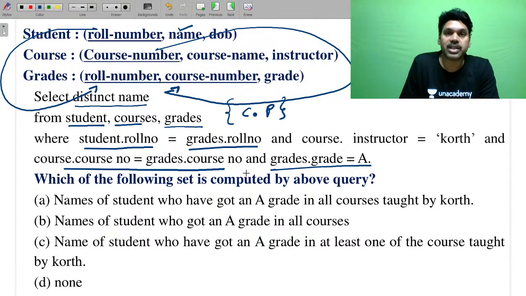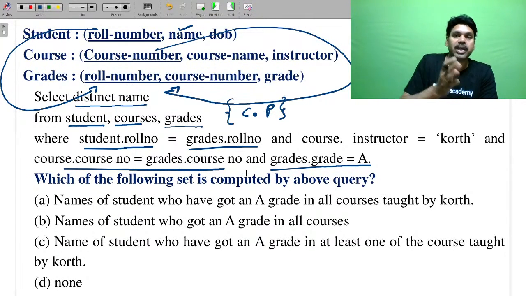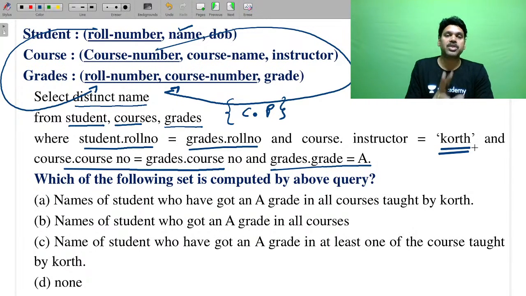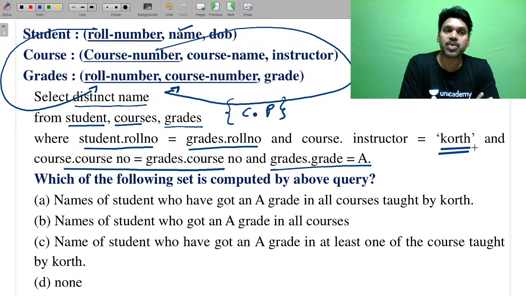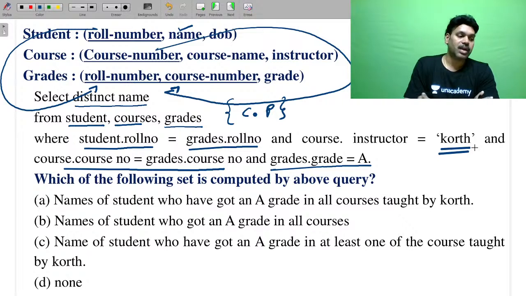So we want to see that the students who got what? A grade, and the instructor is a what? Korth. That's it, two conditions. We want to see that the student details who enrolled into the courses and they got a grade A, and the courses have been taught by Mr. Korth. So our answer is,